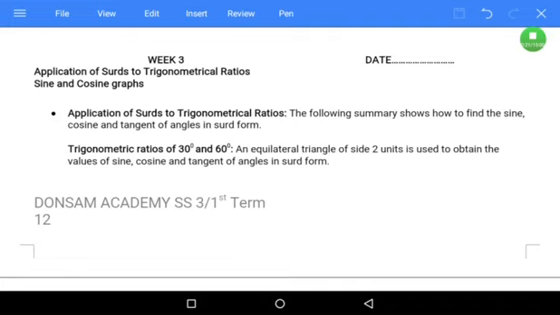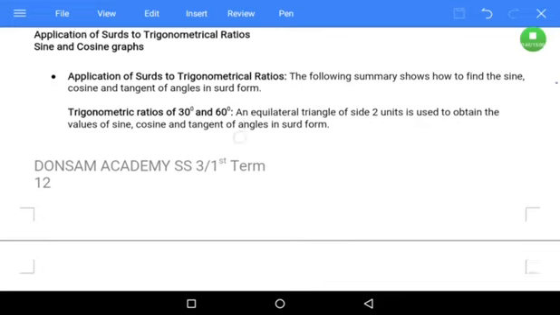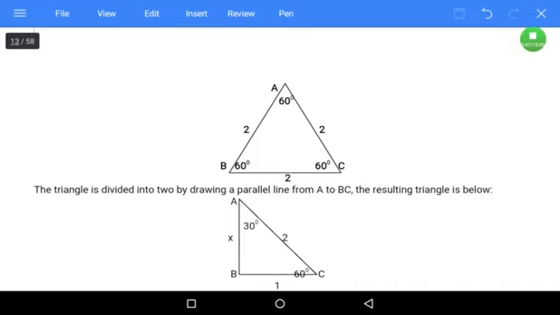For instance, if you consider the angles 30 degrees and 60 degrees, we need to draw an equilateral triangle to derive the sine, cos, and tan of these basic angles. As I said, an equilateral triangle of side 2 units is used to obtain the value of sine, cosine, and tangent of angles in surd form. Okay, look at this triangle